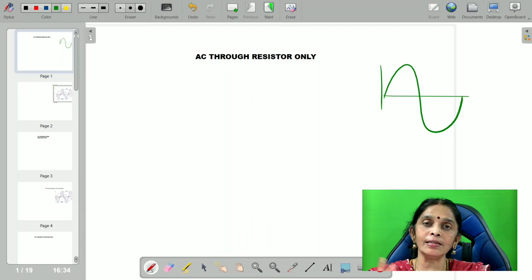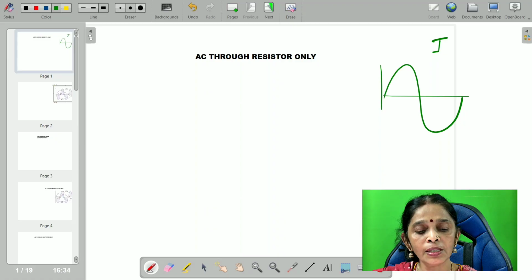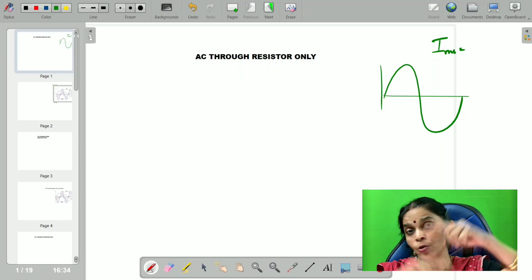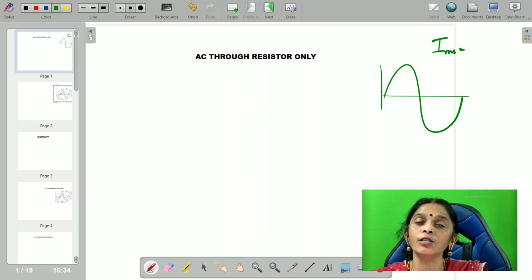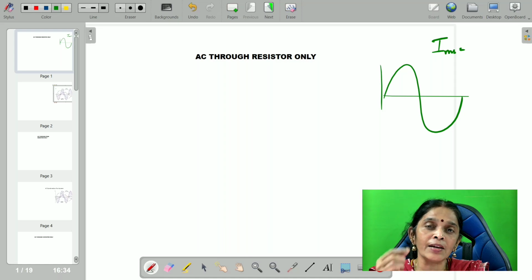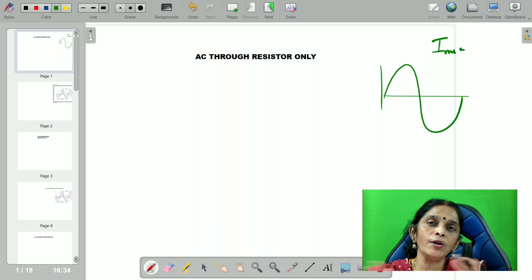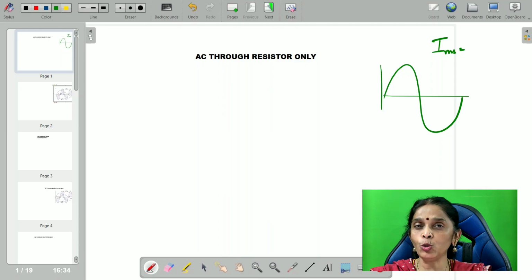So we have seen the terminology called the RMS value of the current. When you take the average value of the current, it is going to be 0 throughout a full cycle. But somehow I wanted to include the values of each and every voltage or each and every current. So how can you define it? You cannot define it by just taking the average. So instead, you use a physical parameter called